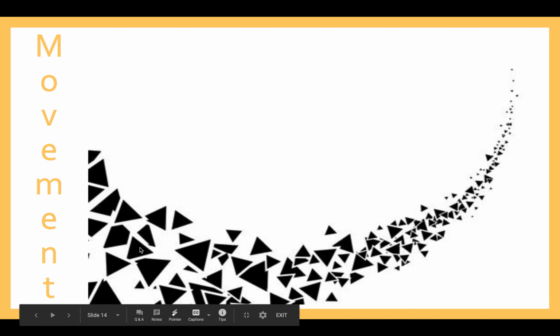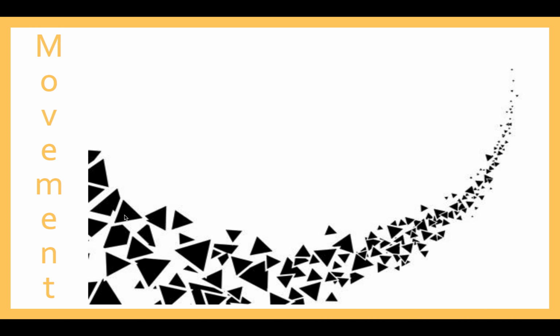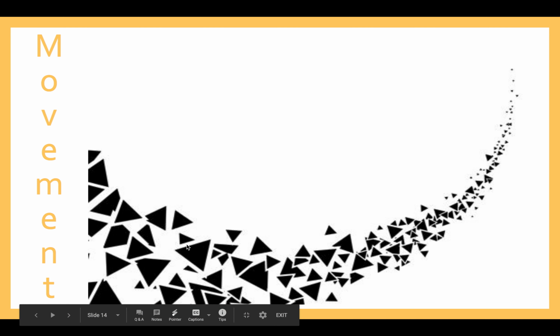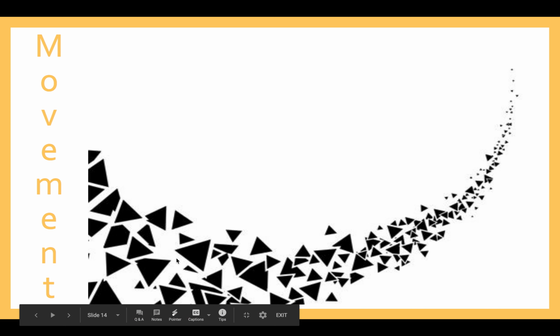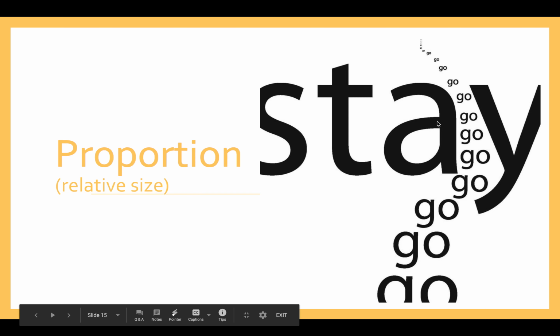Movement, we talked about that with Starry Night. This is the close cropping, the close grouping of triangles on top of triangles, but these ones get big. These ones are very big and very close, and then they fade in a relatively linear movement out and onward until we get to a single point out here. So you could argue that this is moving toward the viewer, toward and to the left. Or you could argue that this is whisking away and that the viewer's eyes start here and then go into oblivion. They follow this movement. It's an optical track that the image encourages the reader to follow. It's like a roadmap: start here and go away.